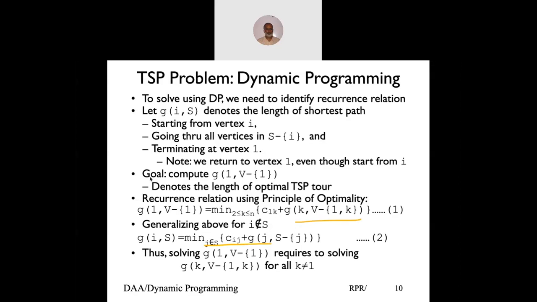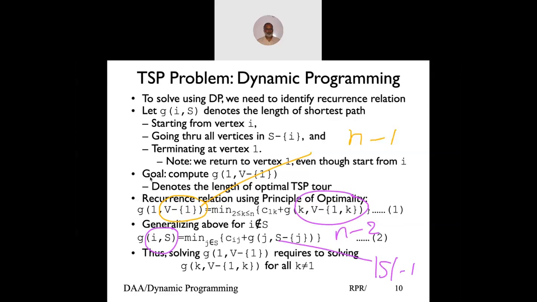So we start by slowly picking up g. That means we need to solve for different set sizes. Now look at what is happening here. The total number of vertices is n, so this set size is n minus 1, and this set size is n minus 2. So if I start from i, whatever this set size is, this set size becomes s minus 1.